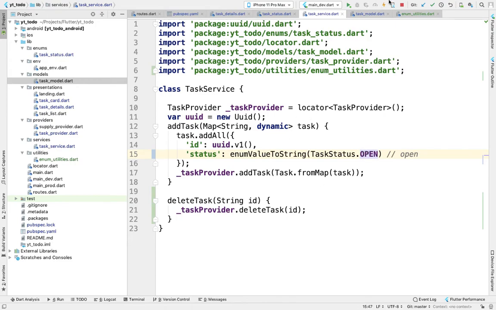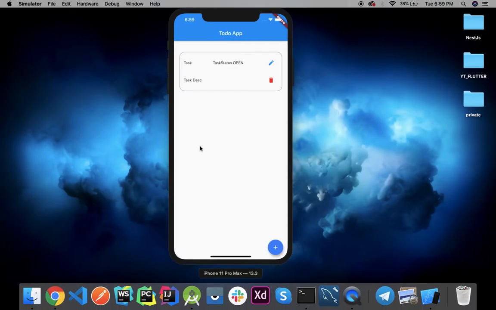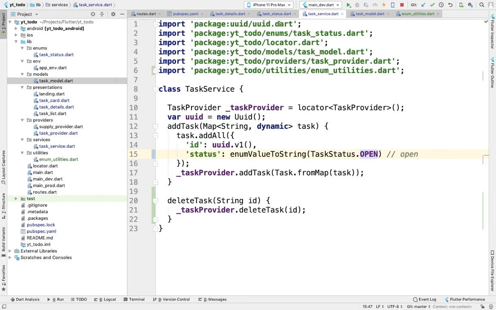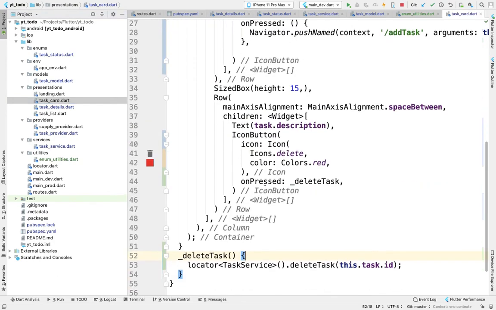Okay, so let's restart it. Title and description. Okay, one more thing, let's go to task card. Where is the task card?